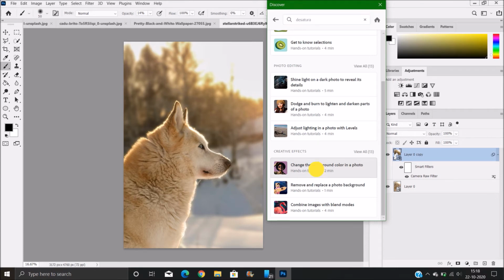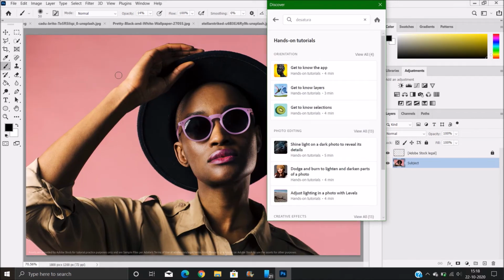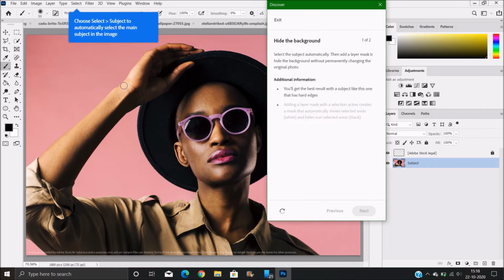So just click this one and start the tutorial. Now Photoshop will guide you through the software as to how to achieve this, and one by one guide you with everything. As you can see,